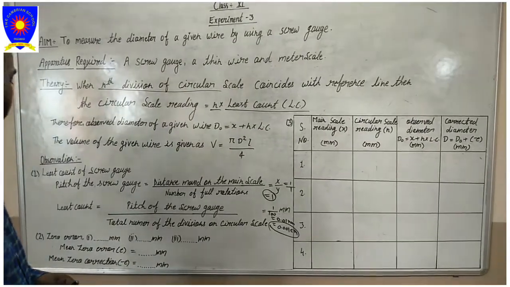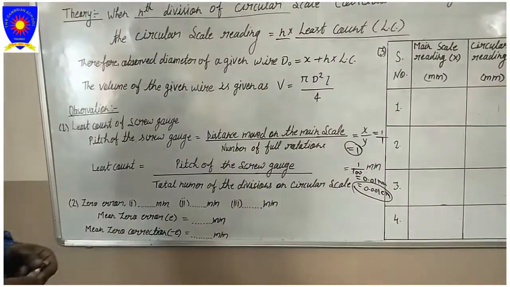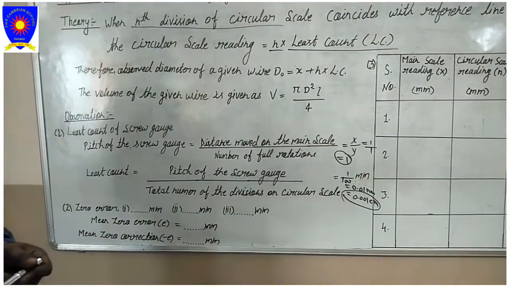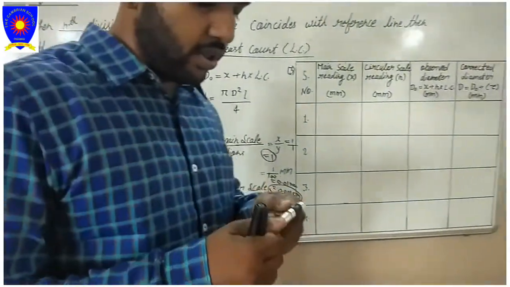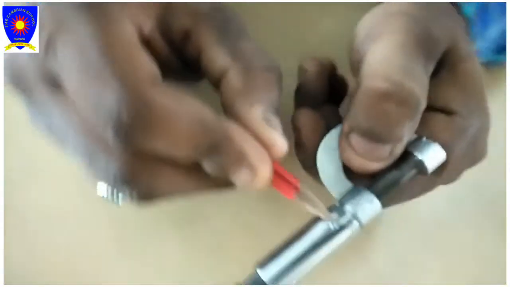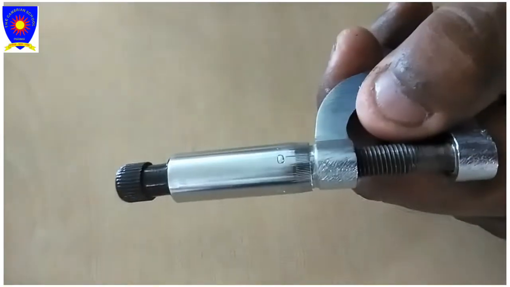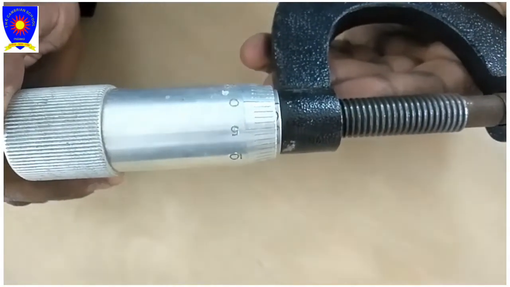Firstly we have to find the error in the screw gauge. How can we find the error in the screw gauge? There are two types of error in a screw gauge, as we have seen in vernier calipers. So come here, as we are looking, this is the circular scale reading. Now we will learn its error on this screw gauge.